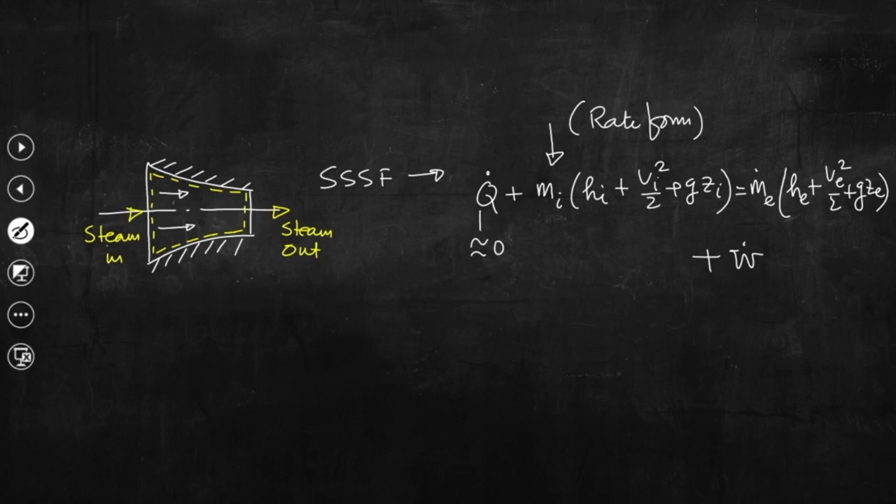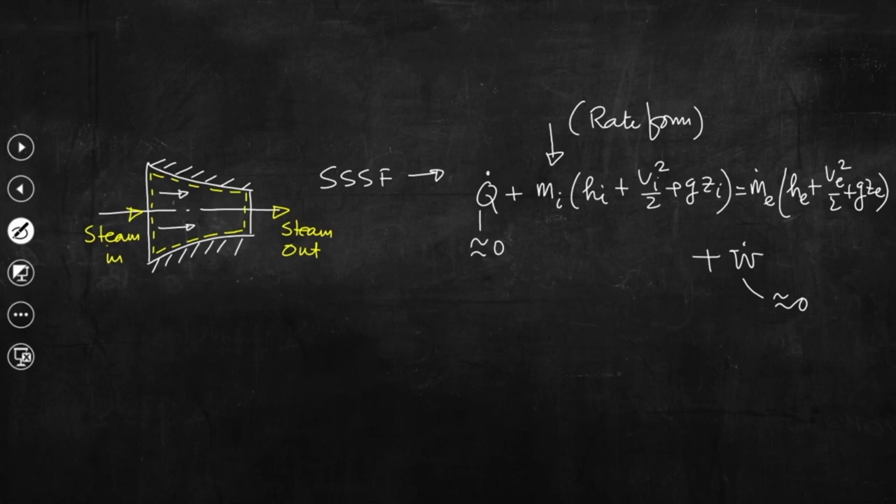So, we have written this equation steady state steady flow in the rate form, and we are also not going to extract any work from the control volume. So, this quantity is also equal to 0,